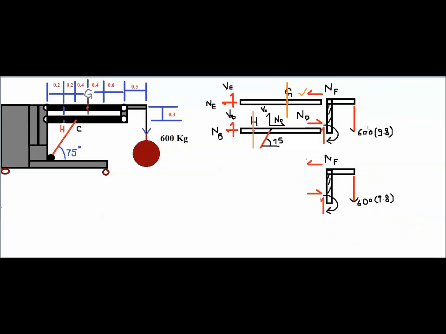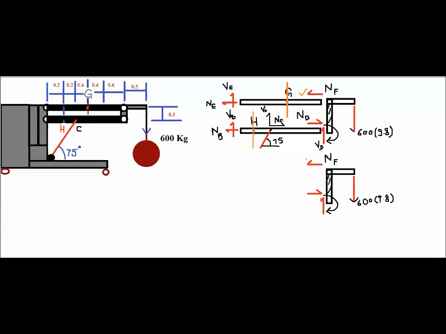Now let's find out the forces ND and VD. I don't know where VD disappeared, but it was right here. So ND and VD, we need to calculate the forces that are acting here. It is very simple to do that. Just take this particular bar, the inverted L bar, and separately analyze it for the same equations, which is